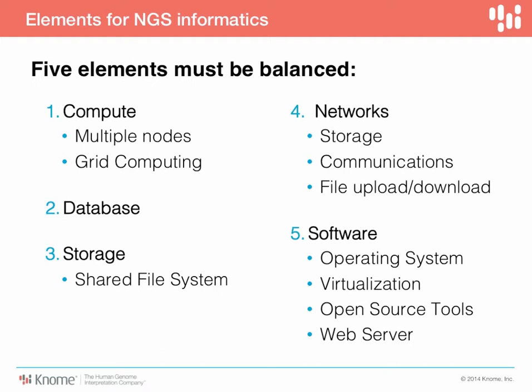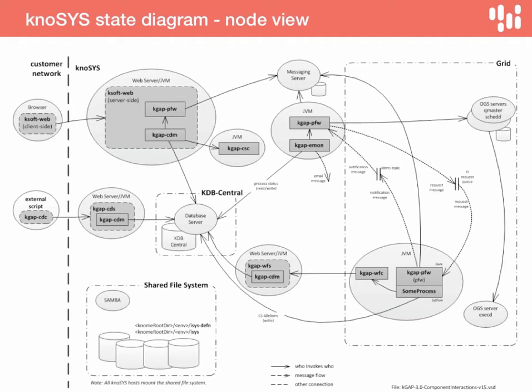So I want to give you just an example. I talked about multiple nodes. So this is just a quick overview. I don't expect you to read all this or understand it, but this is a lot of stuff that's going on in the Gnosis system.